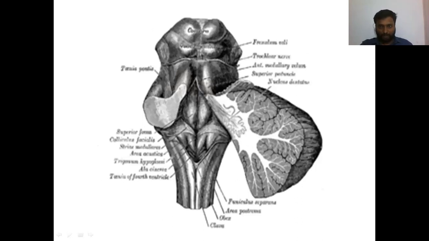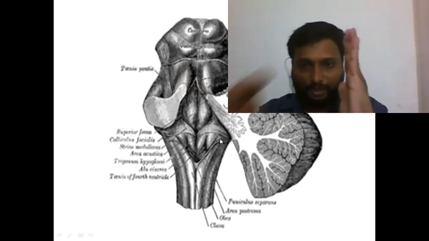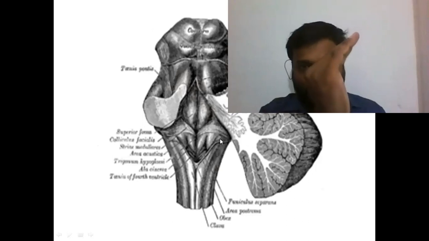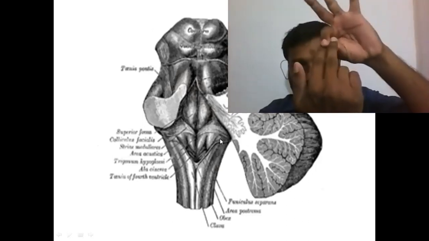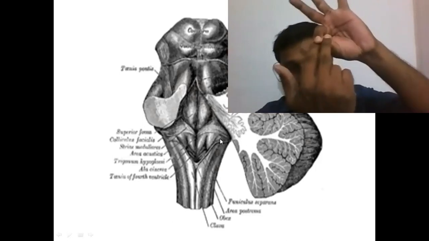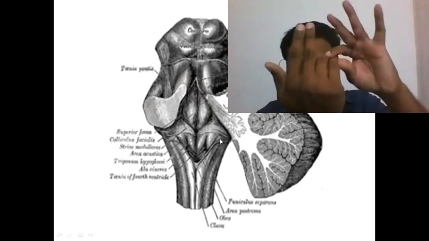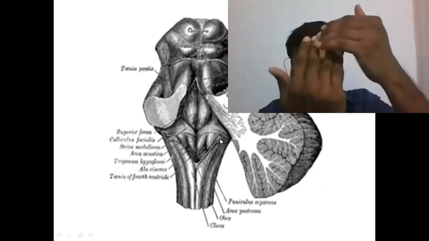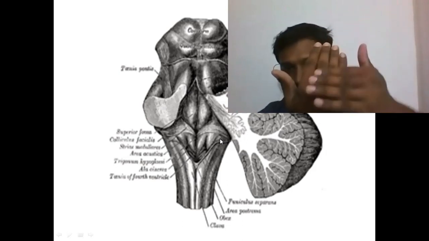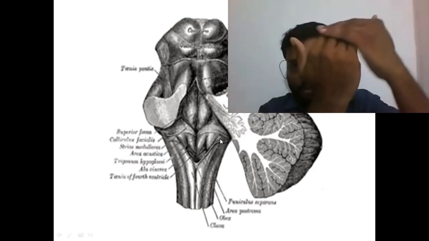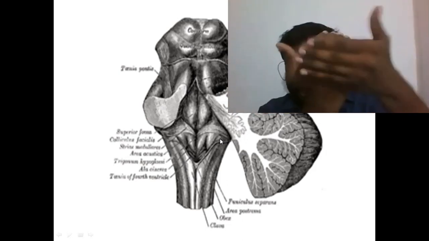See the image. This is the roof, so this is the upper part of the roof. Imagine these two fingers represent the superior cerebellar peduncle of one side and the superior cerebellar peduncle of the opposite side. In between, a connecting part will be there. That one is the superior medullary velum. So that is what is meant by the upper part. The upper part of the roof is formed by this. Then the lower part.